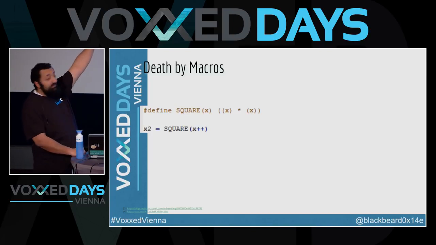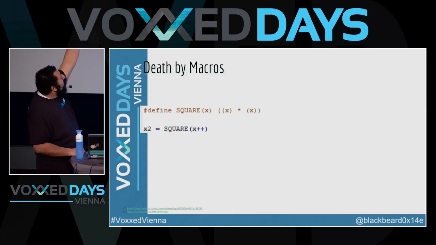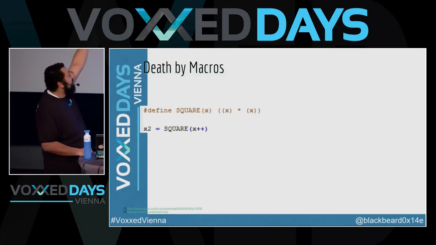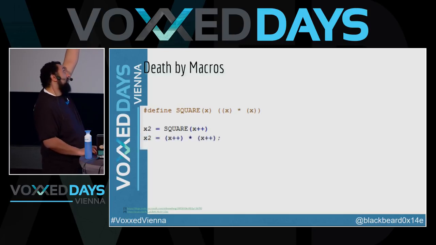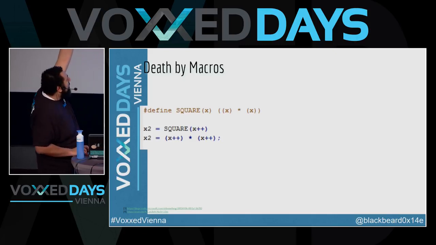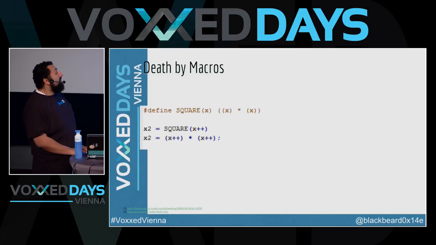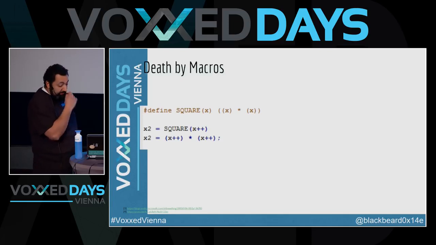So this is a simple example of why you shouldn't use macros. I think I got this from Stack Overflow. When you see this, square x plus plus, what do you think will be the result if x is 5, for example? Most people get it wrong. I got it wrong. But this is actually what happens, because it's search and replace before you compile. With 5 you get 30, I think, which is an impossible solution if you pass it a number, or so you would think. So that's an example of why not to use macros.